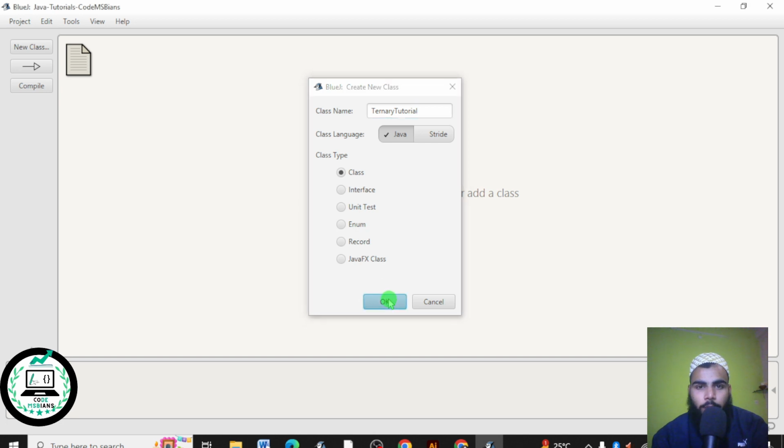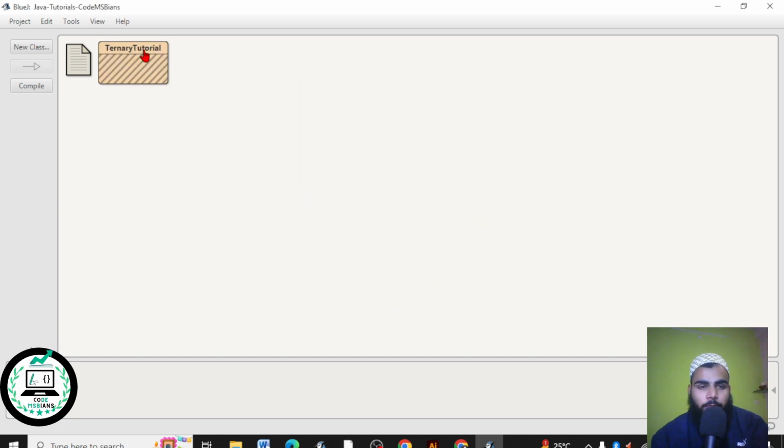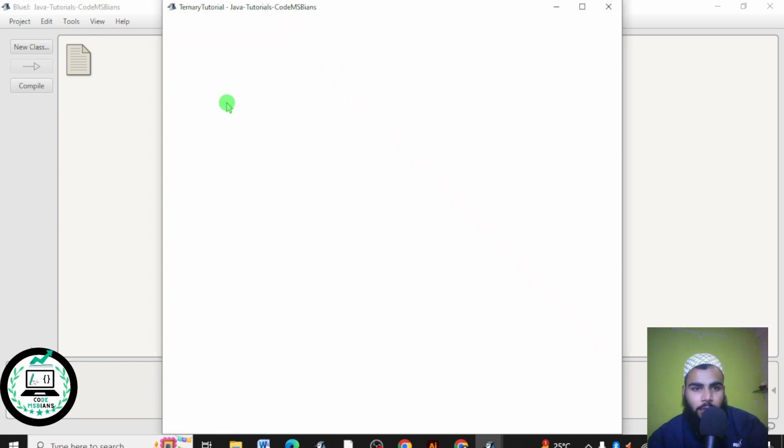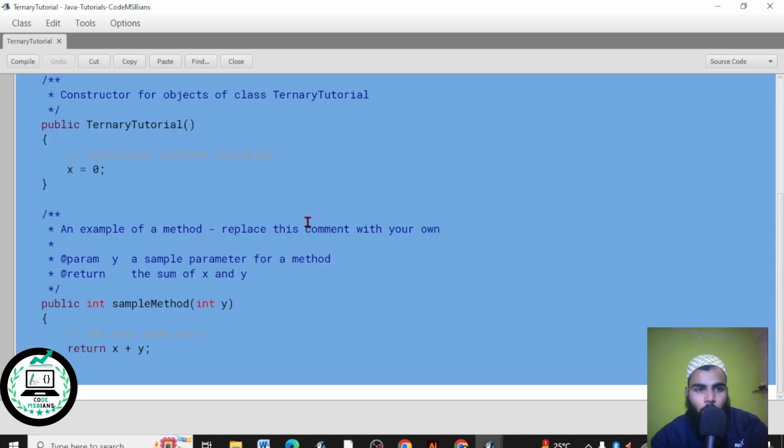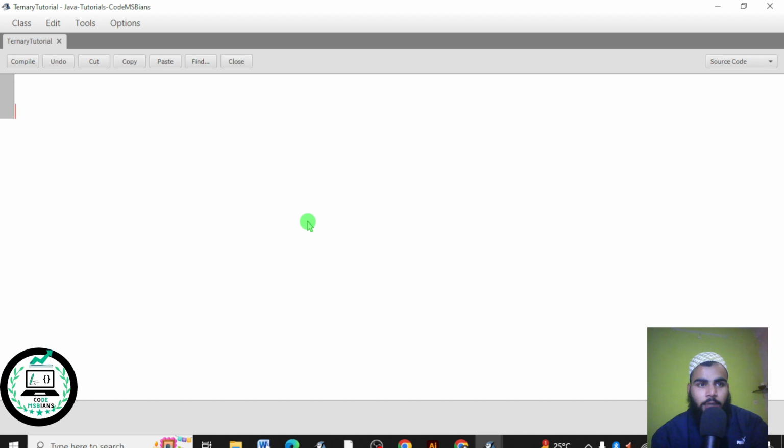Let's now press the OK button, and you can see that this orange colored class is created. Now I will double click on it and go inside my editor, which is the code. I don't want all this code, so I'm pressing Ctrl+A, the shortcut for select all, and pressing backspace, and it deleted everything. Now I write my class here. The name of the class is TernaryTutorial,